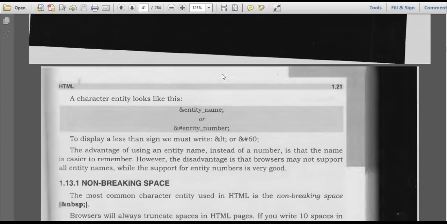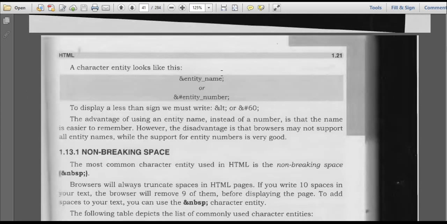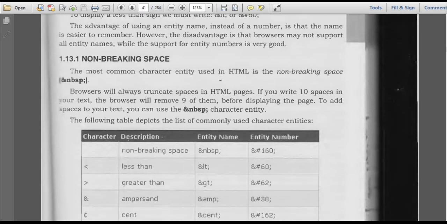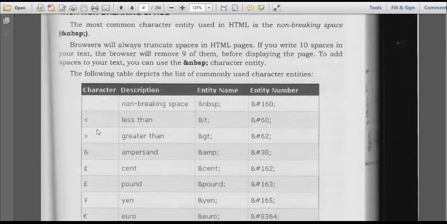Now we have some character entities, this is not that important. Non-breaking spaces. So instead of writing greater than, less than symbols, if you write &lt; it will give you the less than symbol, &gt; will give you the greater than symbol, and &nbsp; will give you a non-breaking space.